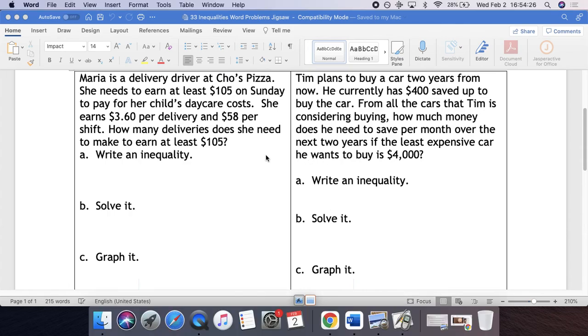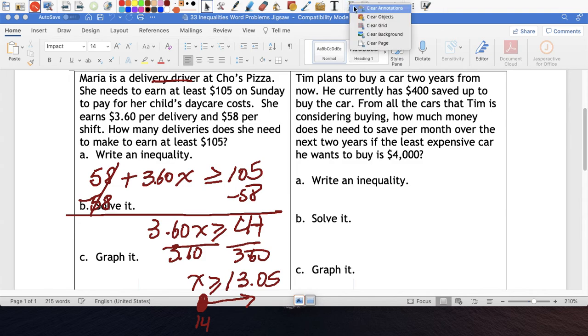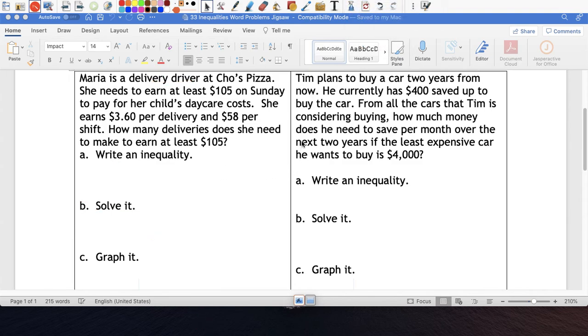Okay, so Tim here wants to buy a car. He has $400 saved up to buy the car. From all the cars that Tim is considering buying, how much money does he need to save per month for the next 2 years if the least expensive car he wants to buy is $4,000? So again, the least expensive, the cheapest car he's going to buy costs $4,000 or more. So again, that's my inequality. So I know he has 400, and we want to know how much he has to save in order to achieve that goal. So per month,